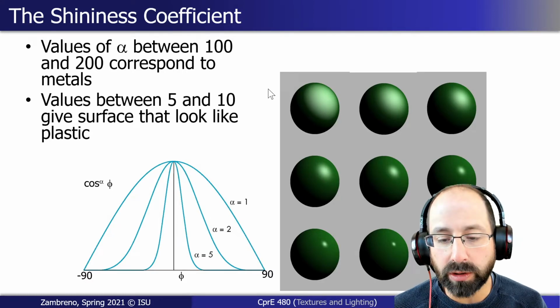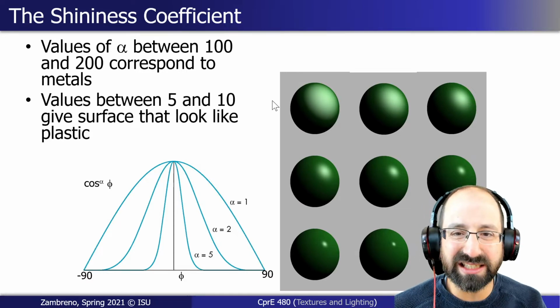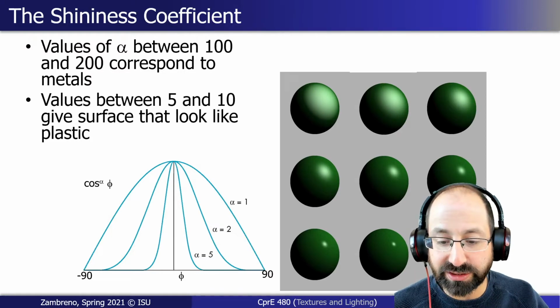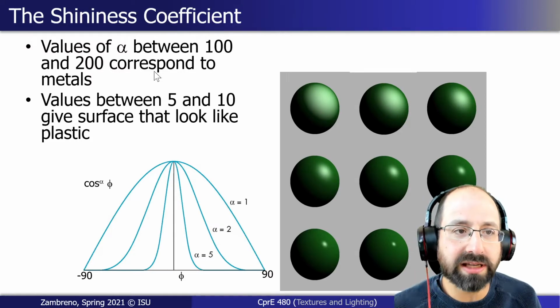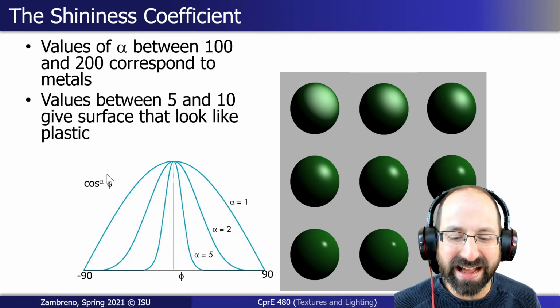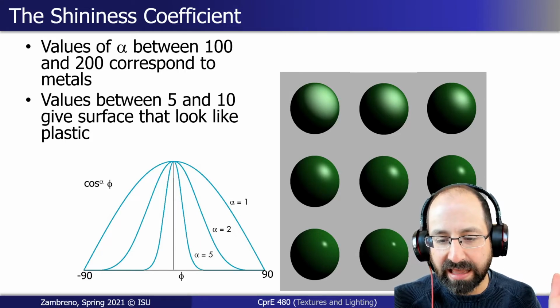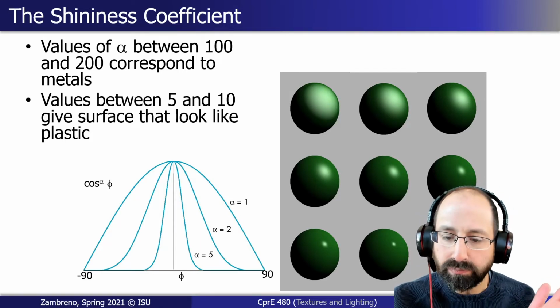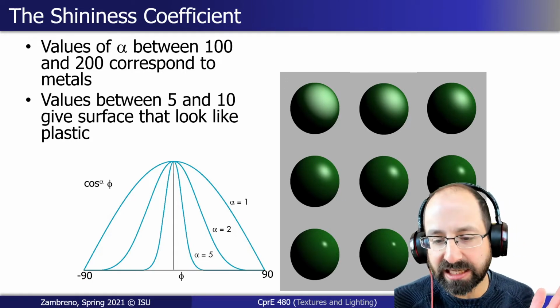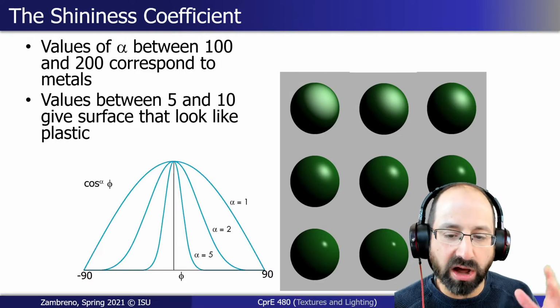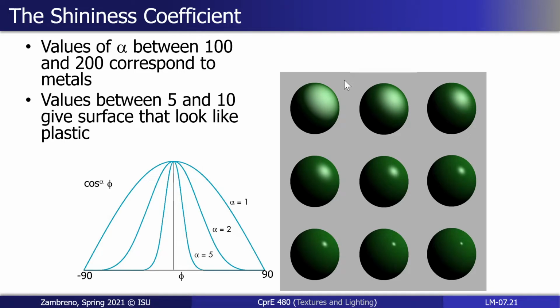So this is about a week ago now, where I left off when we were talking about the different aspects of the Phong shading model. And this is the specular aspect. We were talking about there's really a coefficient, which is how shiny should the object be. There's different ways one could implement it, but with the cosine of phi to the alpha term, that's looking at the angle between the normal of our shape and the light direction. And based on that, that alpha term is basically an exponential term that says how quickly should that lighting highlight kind of tail off over time,